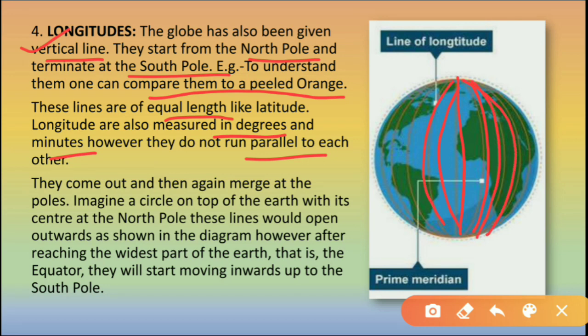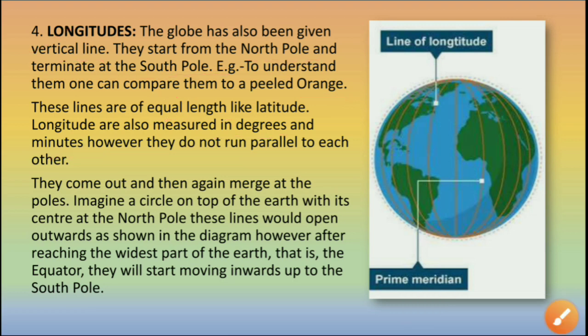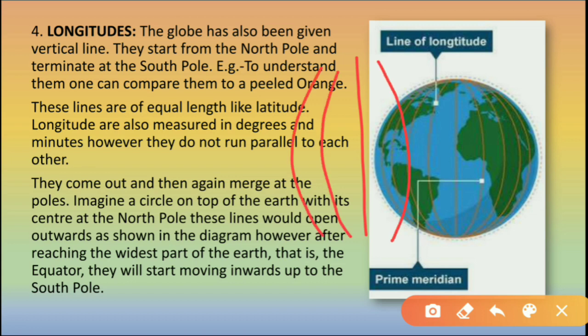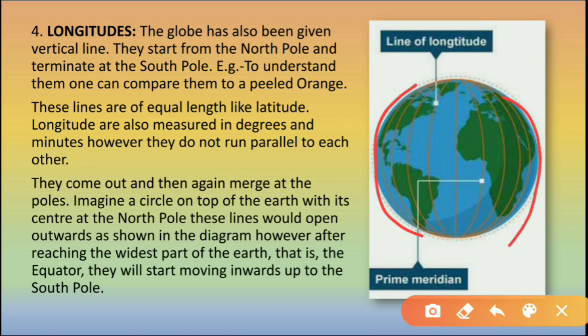Like we have studied the lines of latitude, the lines of latitude were parallel lines, horizontal lines, but lines of longitudes are vertical lines. The latitude lines are straight, and the lines of longitudes are not exactly straight but a little bit angular shaped. They are at an angle because of the shape of the earth, because it is curve shaped. That is why the lines are also a little bit curved, but they